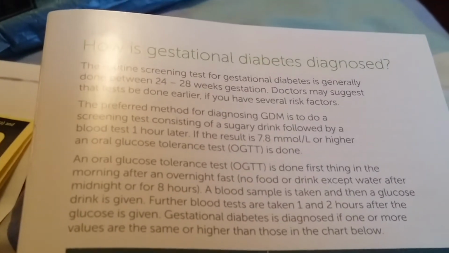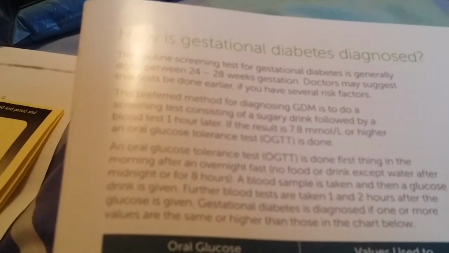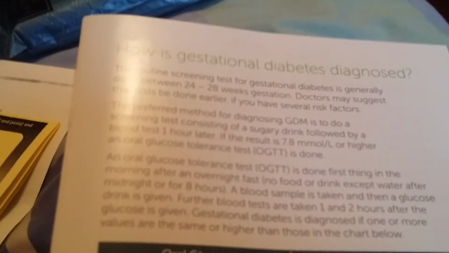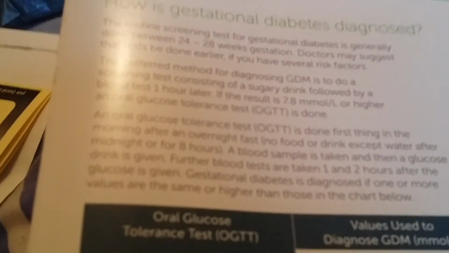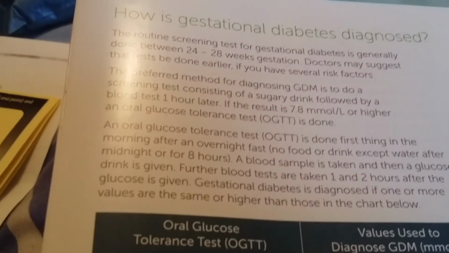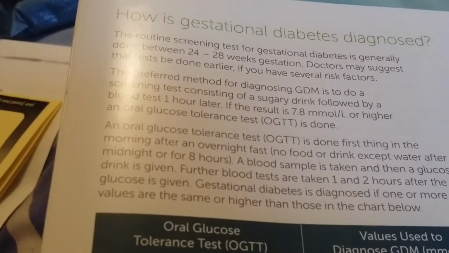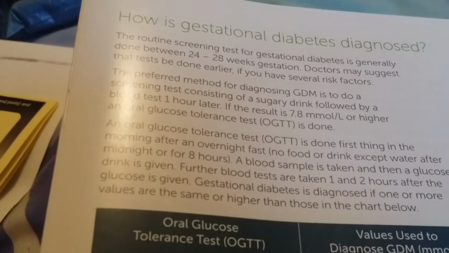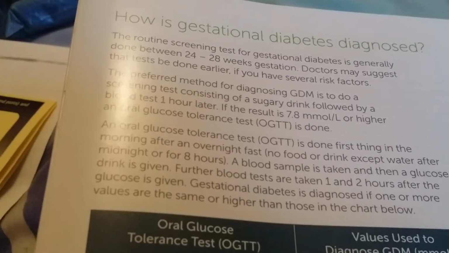How is gestational diabetes diagnosed? The routine screening test for gestational diabetes is generally done between 24 to 28 weeks. Doctors may suggest the test be done earlier if you have several risk factors. The preferred method of diagnosing GDM is a screening test consisting of a sugary drink followed by a blood test 1 hour later. If the result is 7.8 mmol/L or higher,